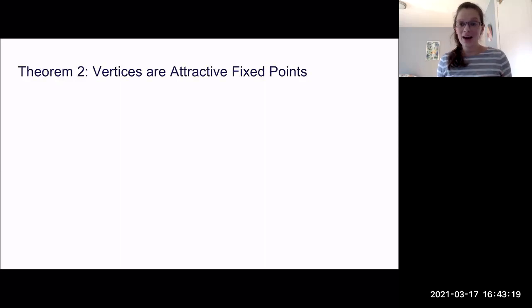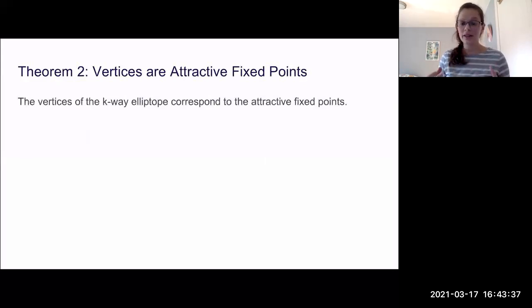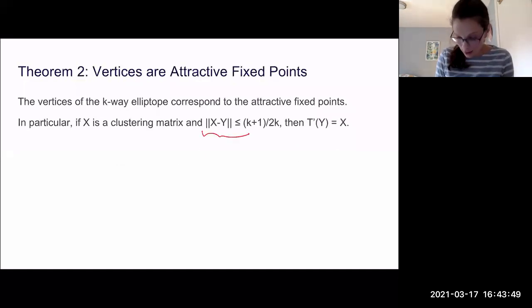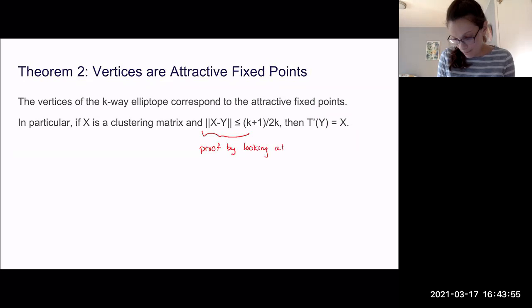And the second thing that we get out from new results in this particular paper is that the vertices are the attractive fixed points. So these are the points where actually you are guaranteed once you're within that ball around that vertex, you go to that point. And there are no other points that have that characteristic. So the clusterings are the attractive fixed points. And this comes out of that same idea of thinking about the sign pattern, because that gives this distance. So as long as you have the same sign pattern, you will map to that vertex.